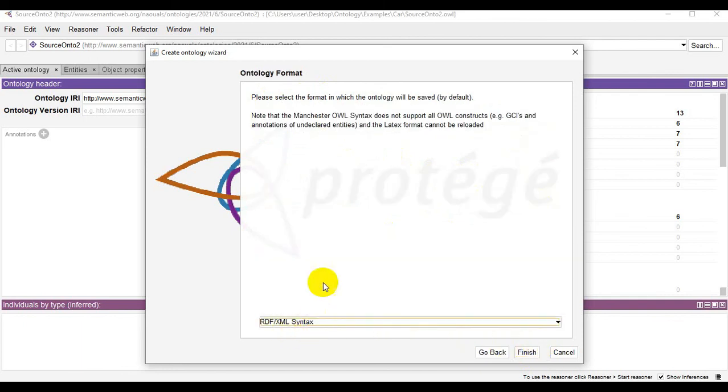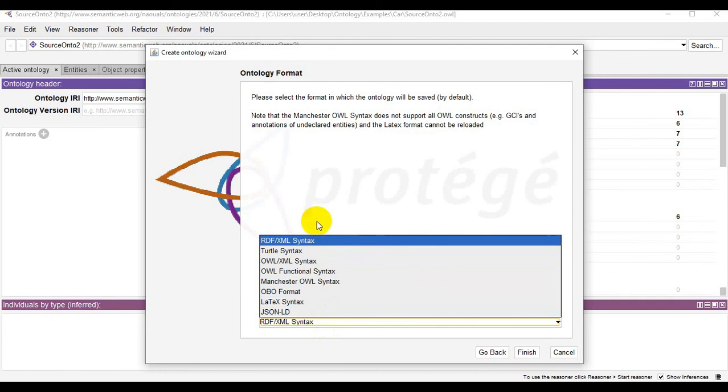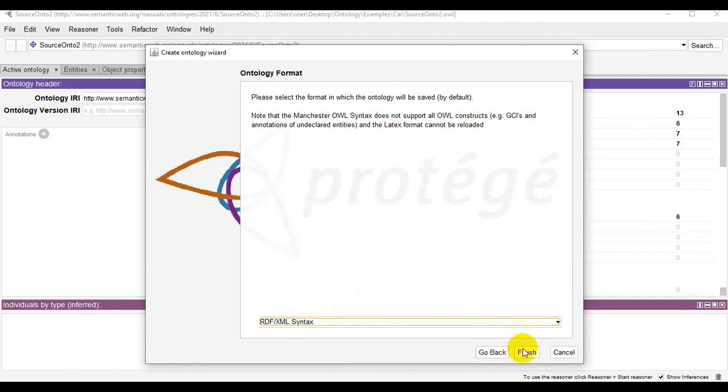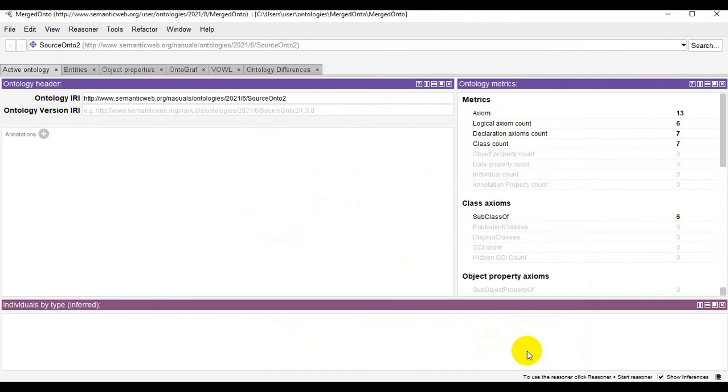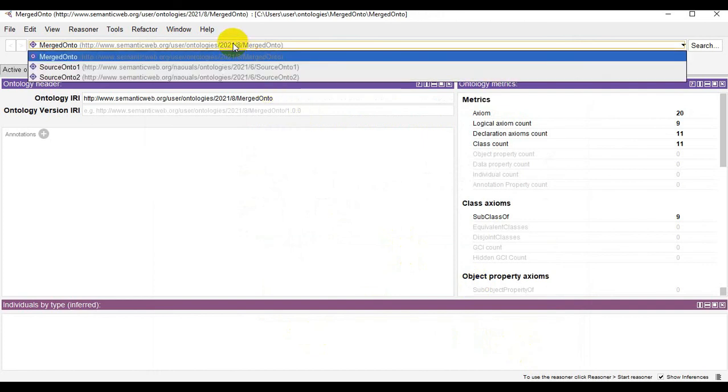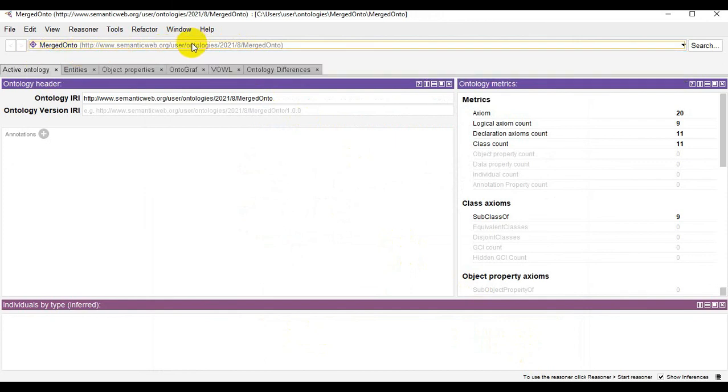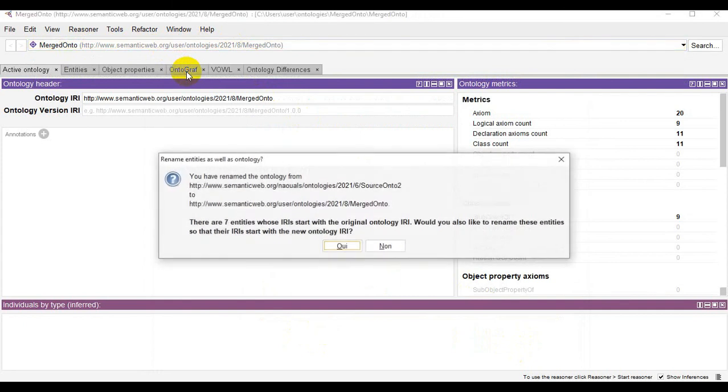We can choose multiple formats. I'll stick to RDF/XML syntax and press finish. Here we have the ontology result, which is merged onto. We can visualize it in the OntoGraf plugin.